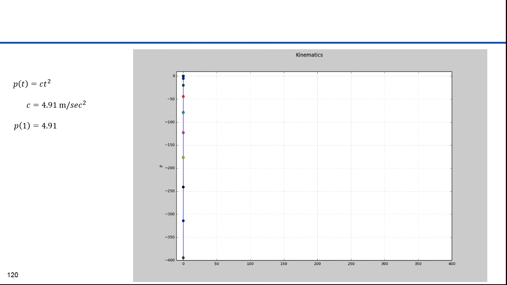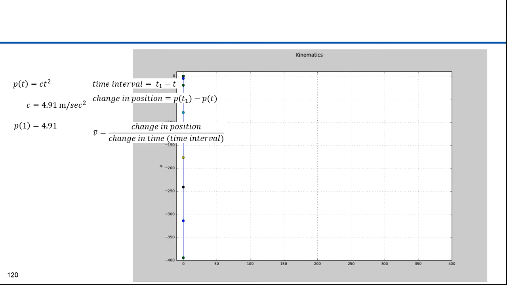Let's start with defining a time interval. We'll determine the position at some time t. The basic equation is P of t equals c times t squared, since the position is proportional to the square of the elapsed time. Now let's calculate the position at some later time t1. The elapsed time interval from t to t1 is simply t1 minus t. The change in position is thus p of t1 minus p of t.